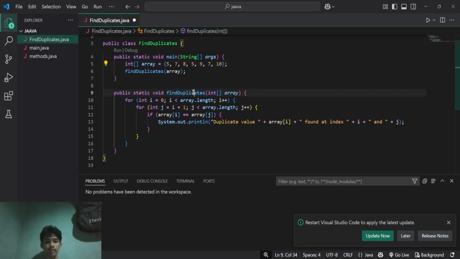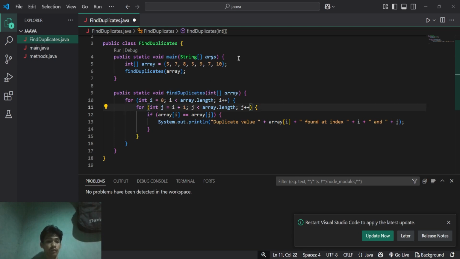So in this line our array is being used in this block of code. Next we have our outer loop iterating over each array element. This loop iterates through each element of the array. i is the index of the current element being checked.